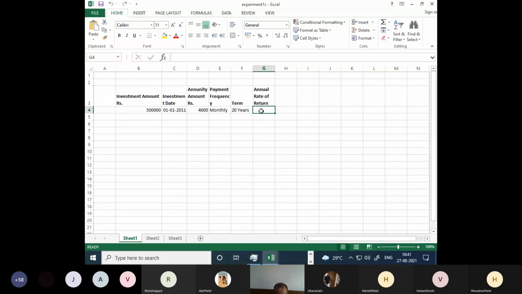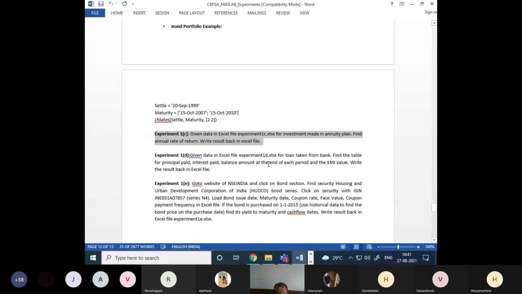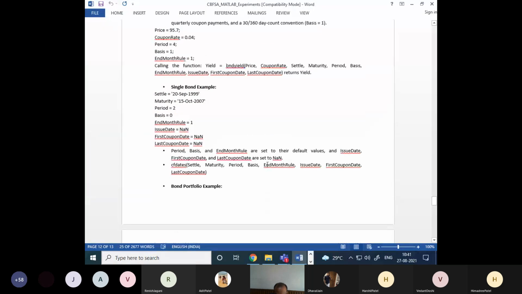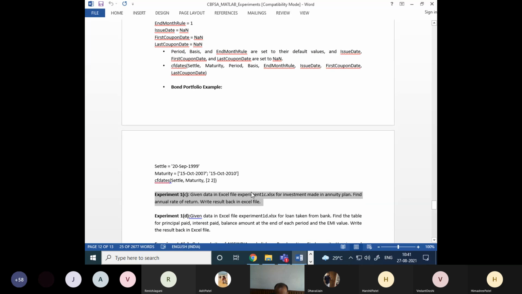I have not given you the annual rate of return, but you have to find it. So I have set this particular file and you can calculate it. That particular thing you have to do in experiment 1C, but you have to read the data from the Excel file, and then from that Excel file, you can read it into a table. From the table, you can input that to the function pay per that we have seen. And whatever you get is R, the monthly rate of return, multiplied by 12. Also, it is in fraction value, so multiply by 100 to get a percentage, and then write the result back in the Excel file.